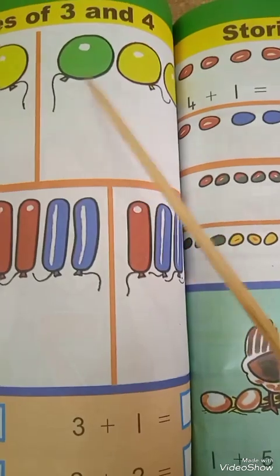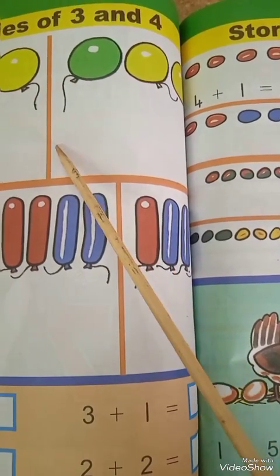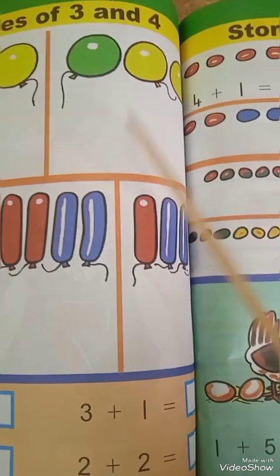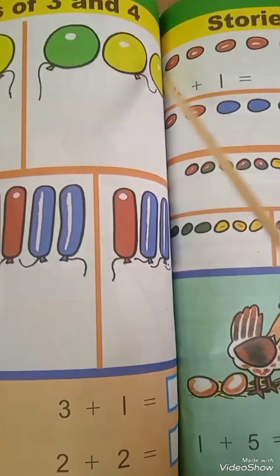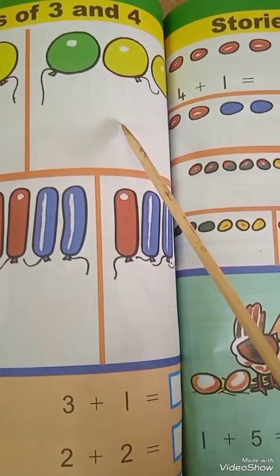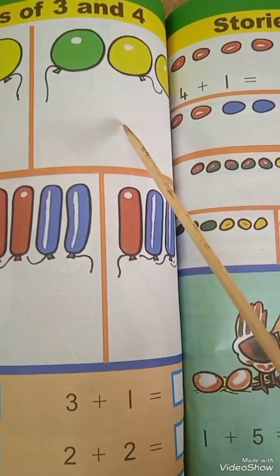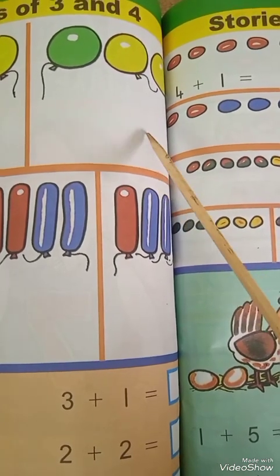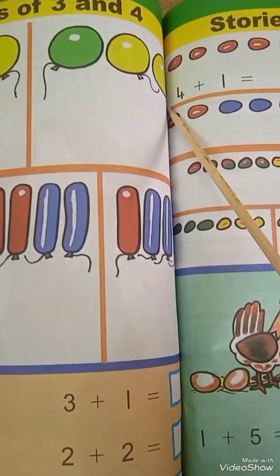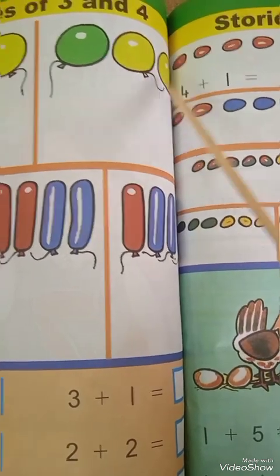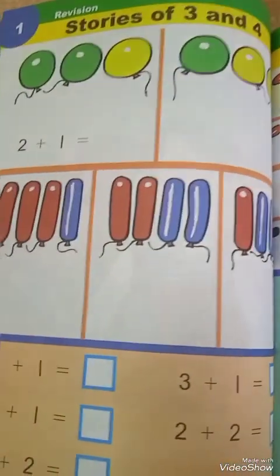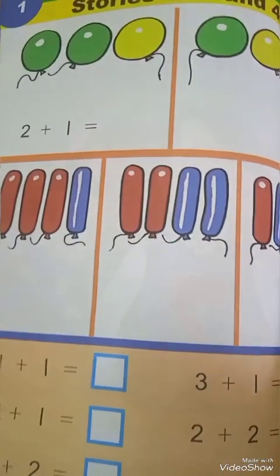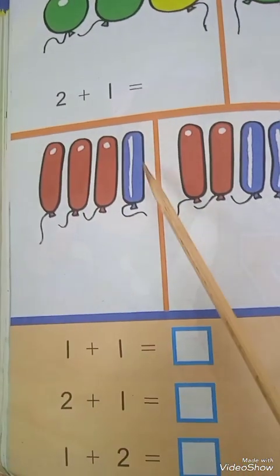Then we have to count how many green balloons are there. We will write here, then we will write plus, and then we have to count yellow. Then we will write number 2. Then we will write is equal to, and then we will count them all together and we will write it just like that. Okay, now we have 3 red and 1 blue